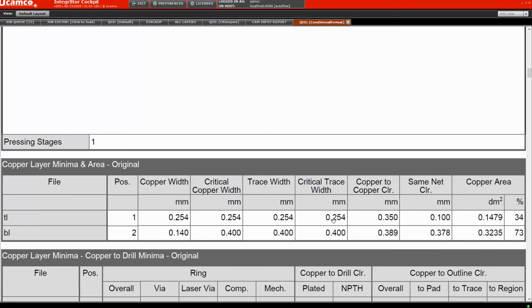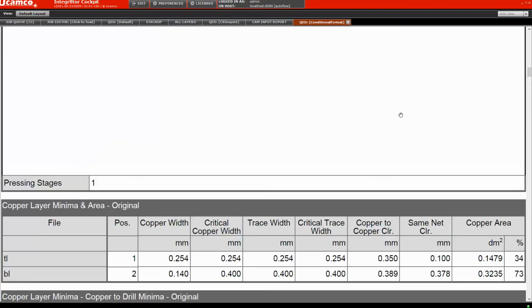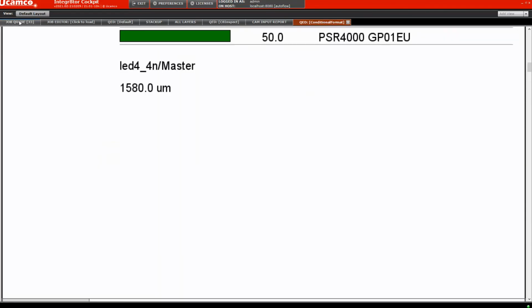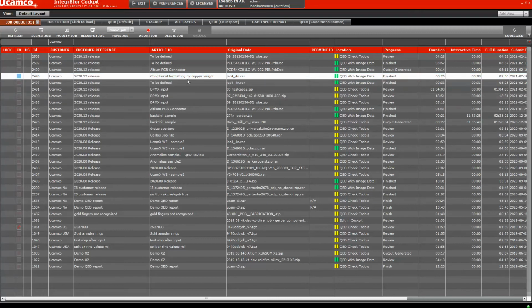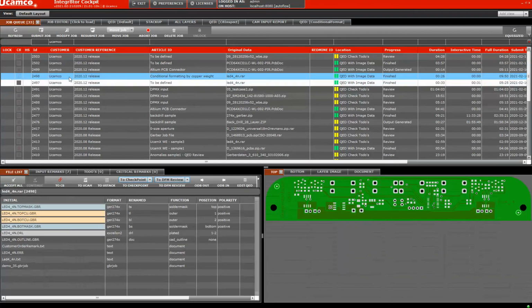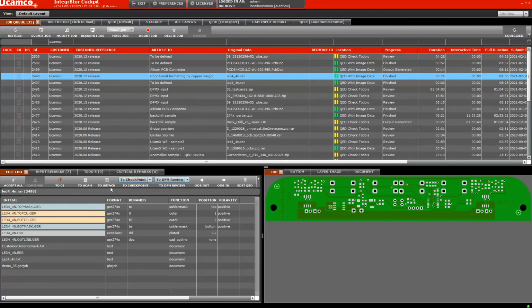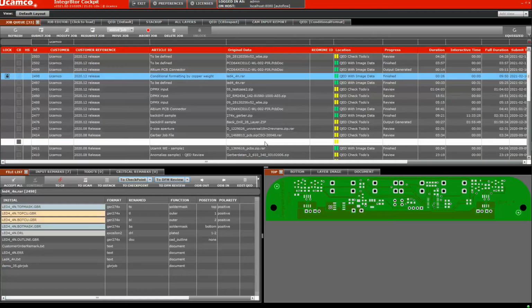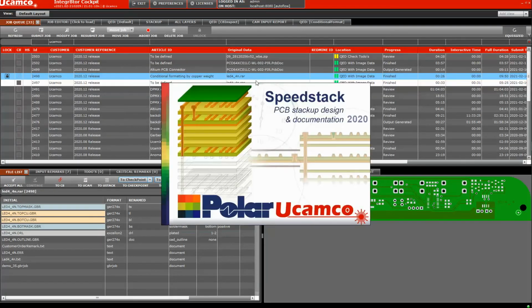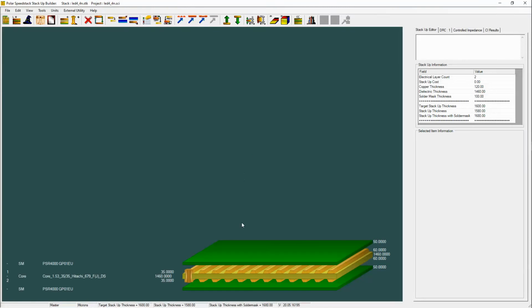So from the analysis of the job, you see that in this product, the minimum critical trace width on the top layer, let's say, is 254 micron. And as you see, it's just the value there in its cell, nothing special. But look what happens when we say, okay, this is all fine. But if this product had to be produced in thicker copper, and I'm now going to SpeedStack,